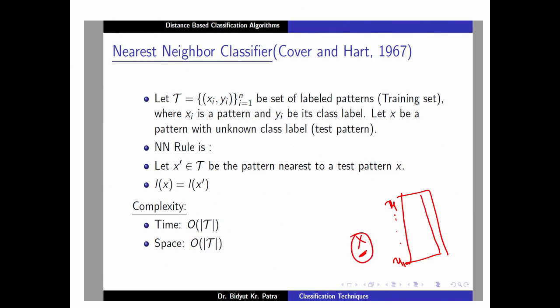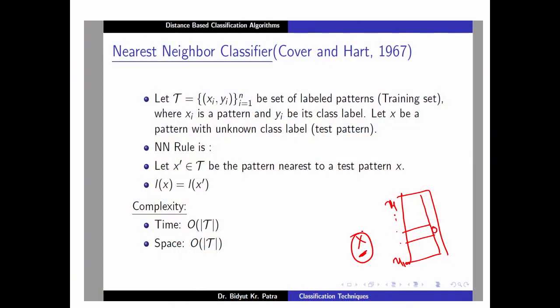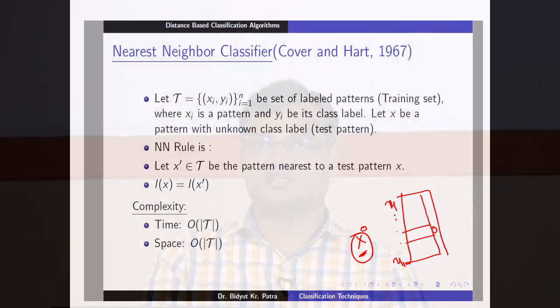You got my point? You identify an object which is closest to the unseen object, and you see the class level of the closest point, because this is the object you are finding from the training data set. So, it must have a class level, and let us say its class level is 0. Then the unseen object's class level also will be 0. In other words, sometimes people say you can be identified by the company with whom you are roaming. That judges your characteristics and so on.